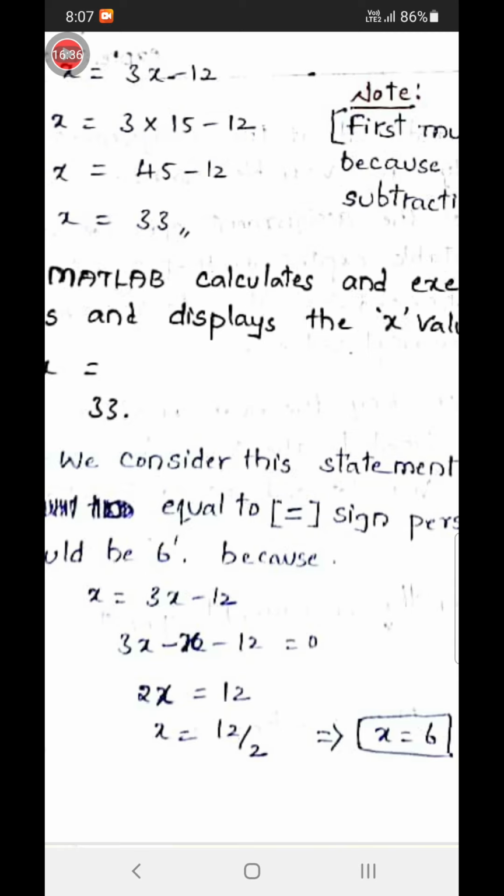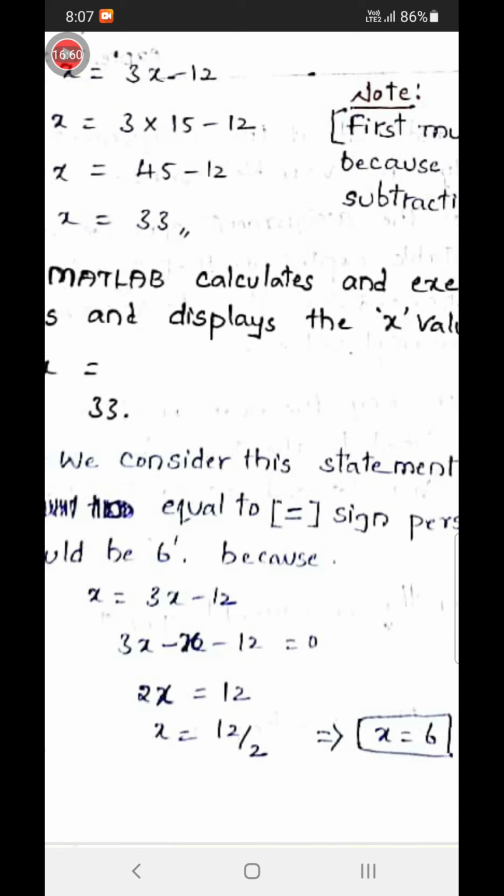Minus 12 before the equal to operator becomes plus 12 after moving to the other side.